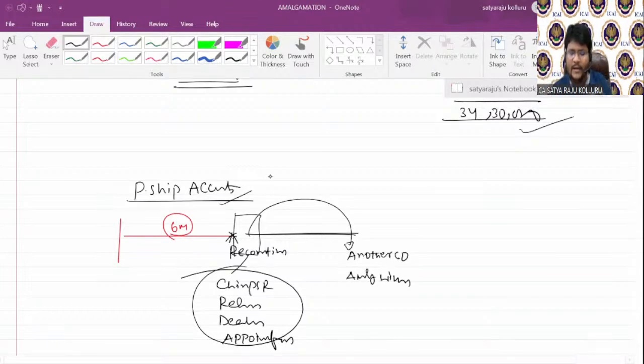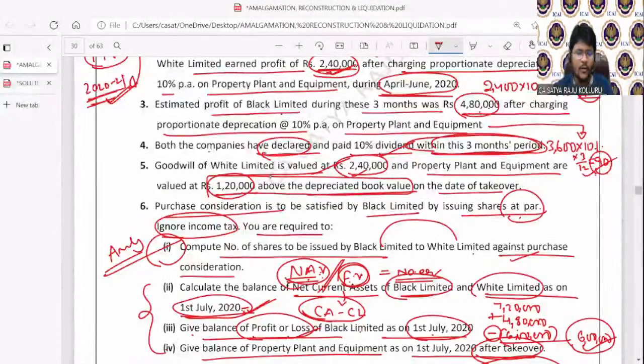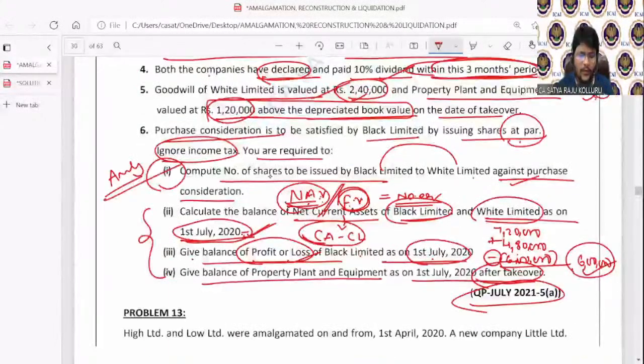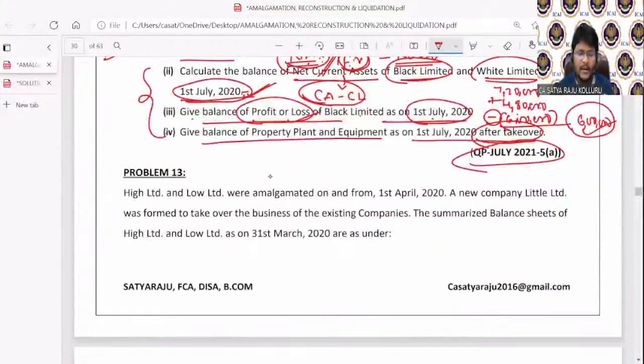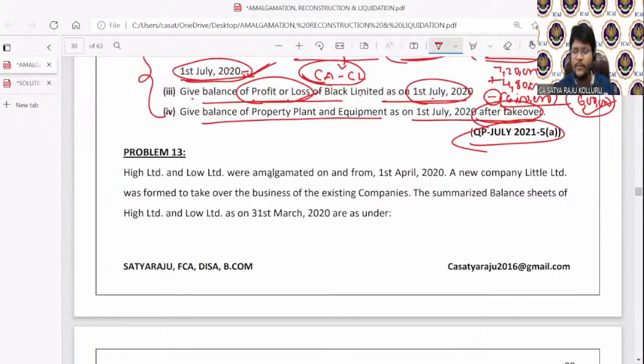Okay, coming back here, problem number 12 is over, guys. Now, all of you, let me concentrate on problem number 13, which is the last problem for the chapter amalgamation. At the end of the session, I will clarify the doubts you have. I want to dedicate approximately 10 minutes for your doubts. So let me take problem number 13. Once the discussion is over, I will clarify all your doubts. You can send your queries through the query box. Okay, come to problem number 13.